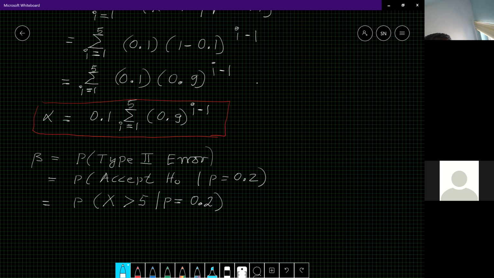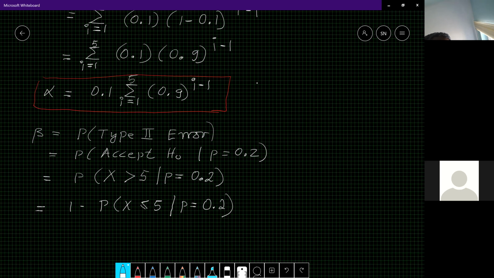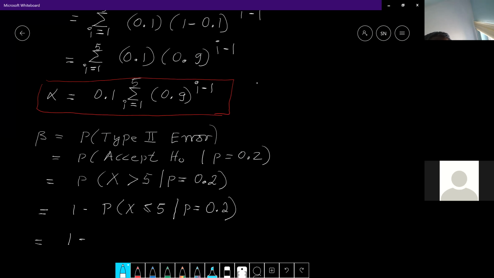So this is the same as saying that 1 minus the probability that x is less than or equal to 5 equal to 0.2, right? And this you can write as 1 minus the sum